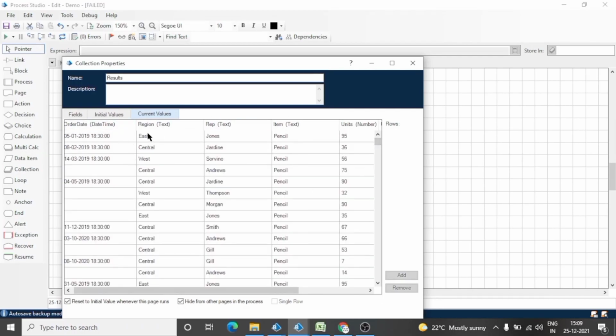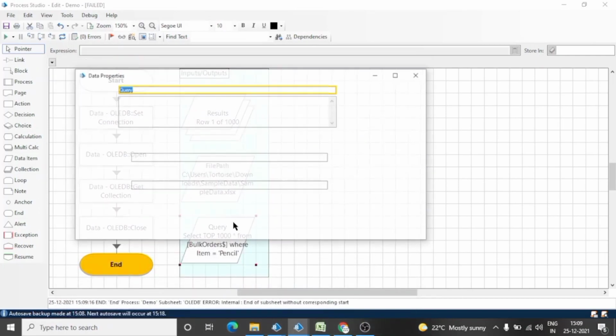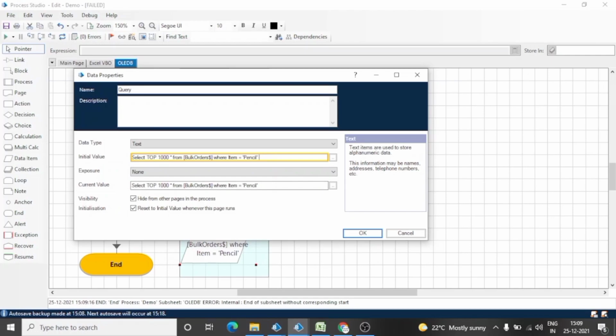Similarly, we can apply conditions like item should be pencil and region is equal to east.